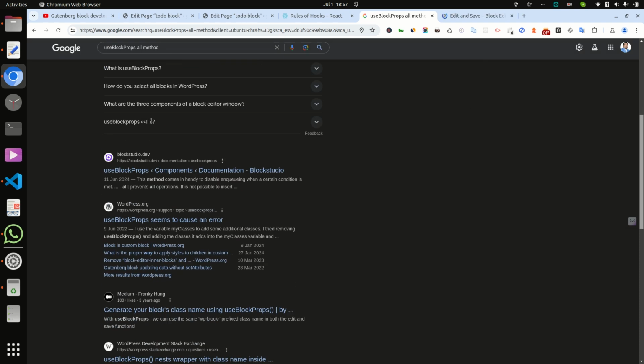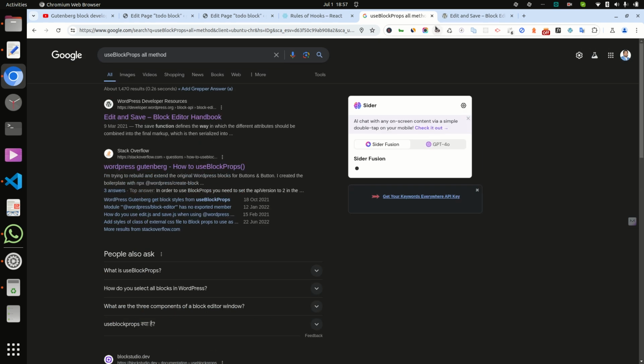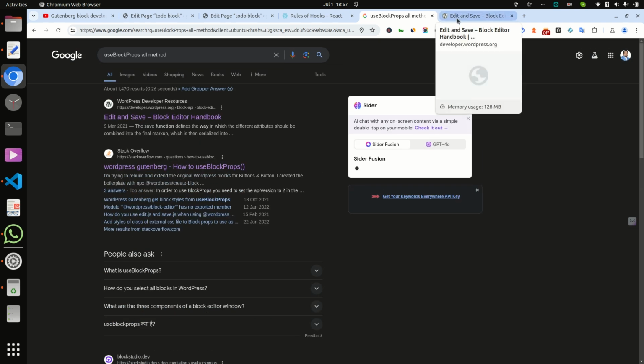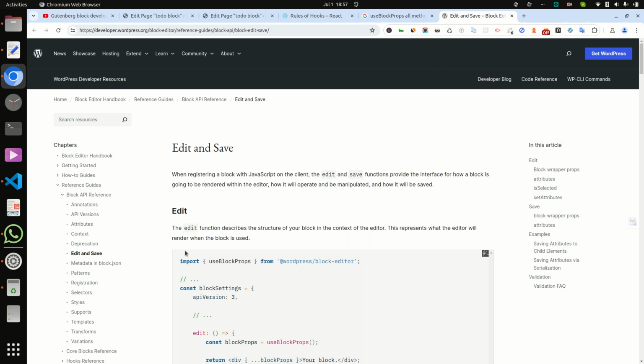So we can check, meaning basically this issue is with useBlockProps. So go to useBlockProps, and after that.